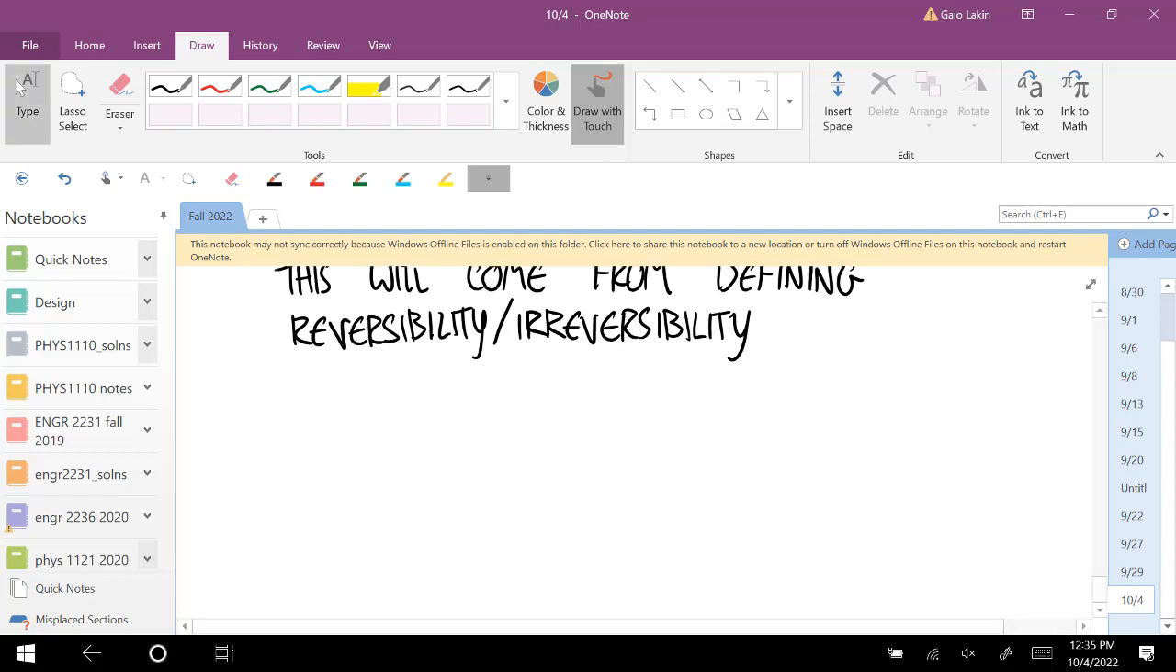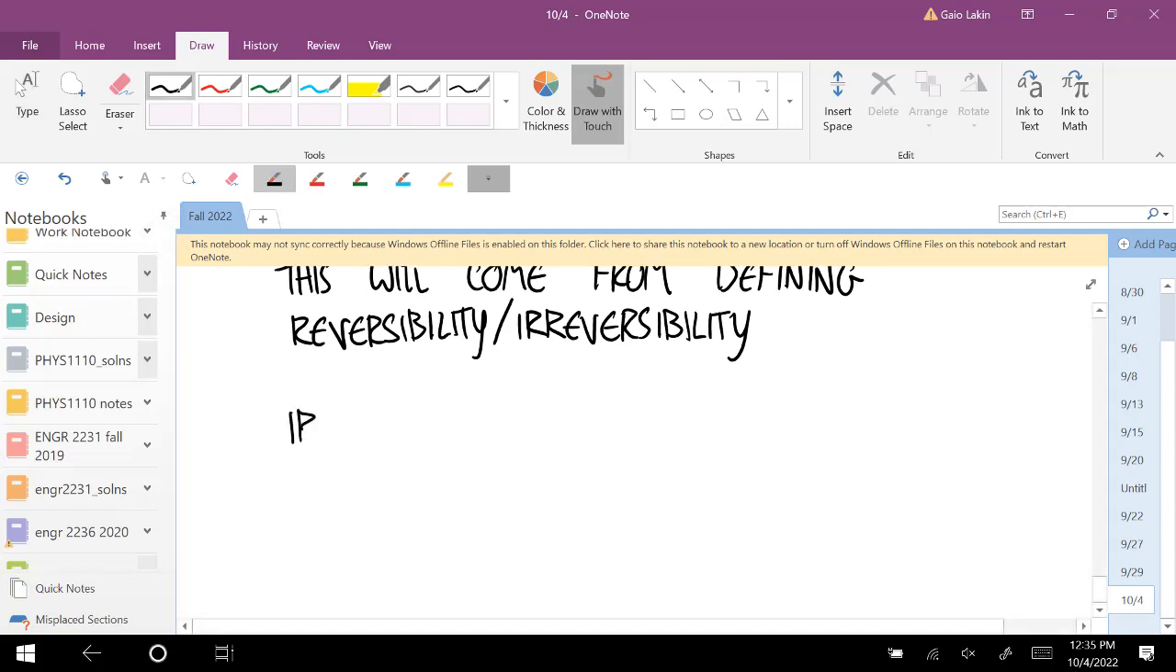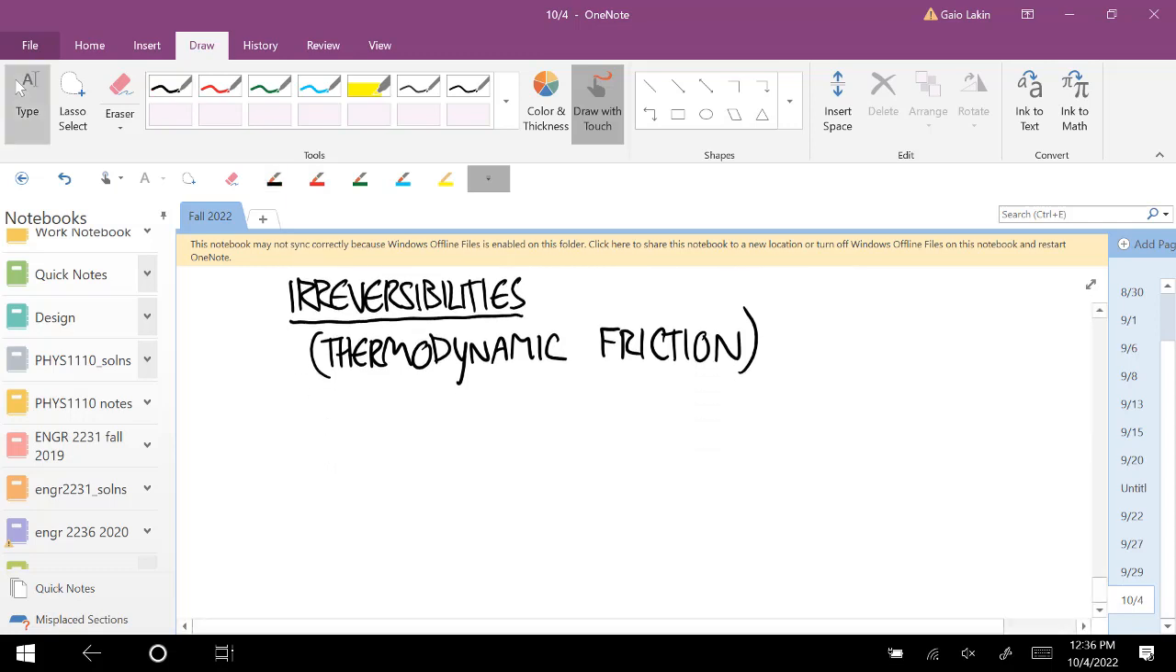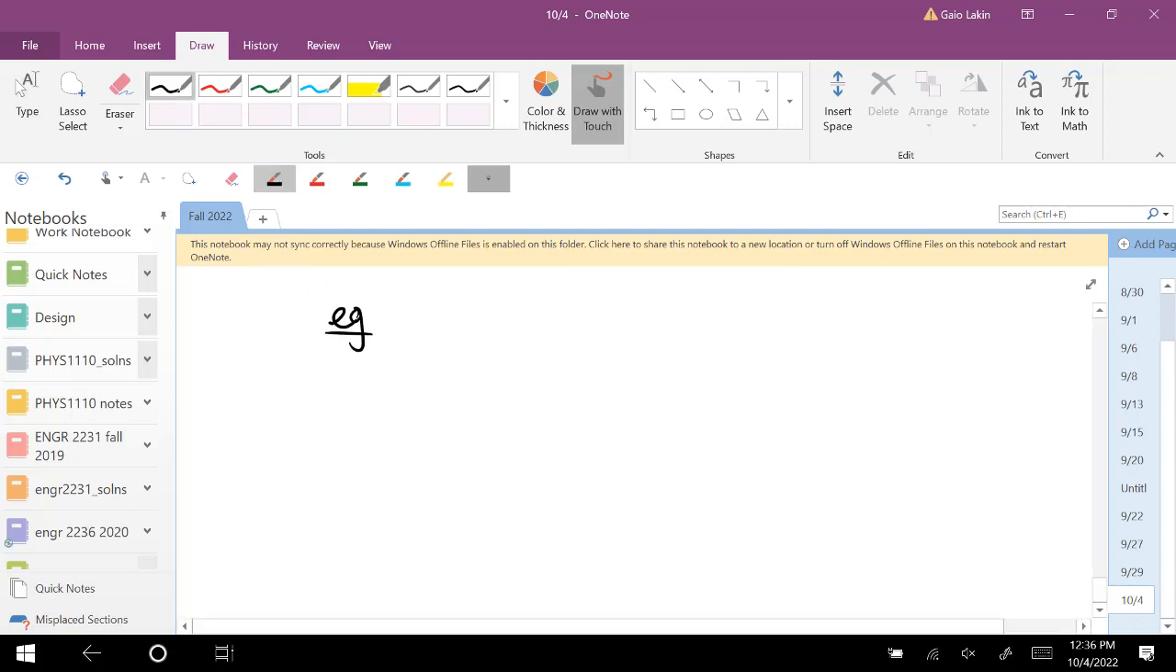Okay, so let's talk about irreversibilities. About that is thermodynamic friction. And friction actually is included in this list, but there are other things. So let's think for a second, before I get into this list, about a mechanical system. So you're used to thinking about mechanical systems. So think about a pendulum